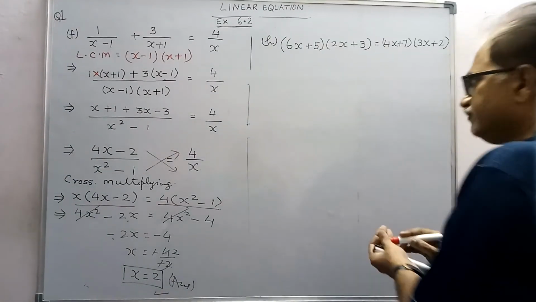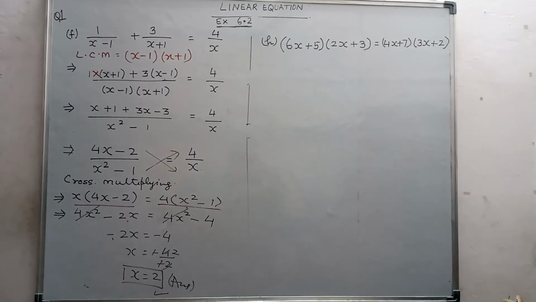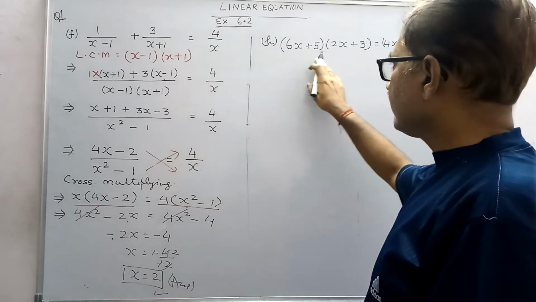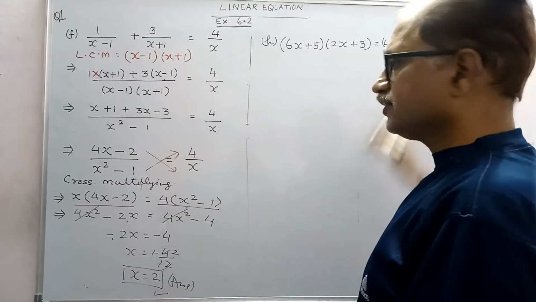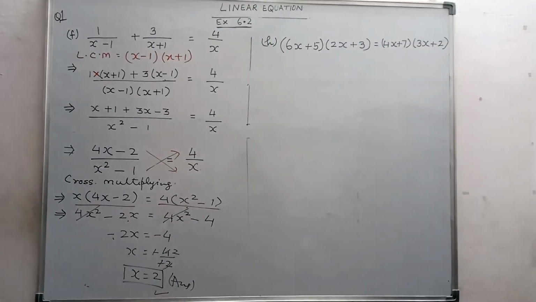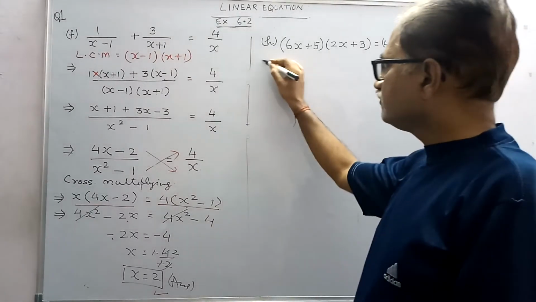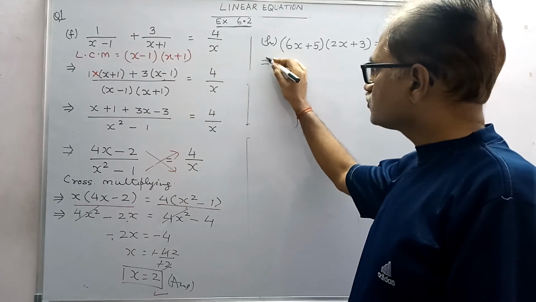Now question number 1, part H. One bracket, second bracket, one bracket, second bracket. Two brackets are on the left hand side, two brackets are on the right hand side. You have to simplify this. So you see, to solve this question,